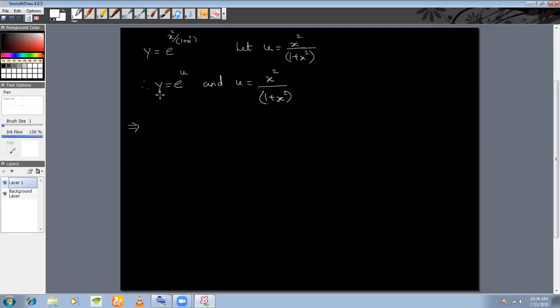So therefore, from here you see that y is a function of u. So you can find dy/du, which is e to the power of u, and u you see is a function of x. So you can find du/dx. You differentiate by u by v rule. It's d/dx of x square by 1 plus x square equal to